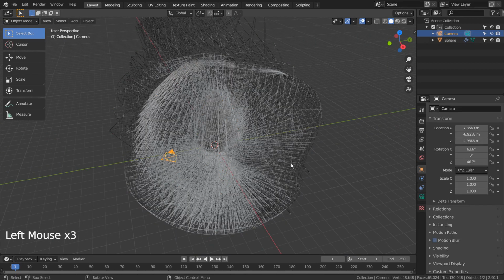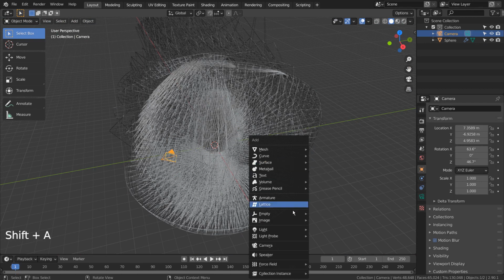My idea here was to add a point light and apply a different color emission.